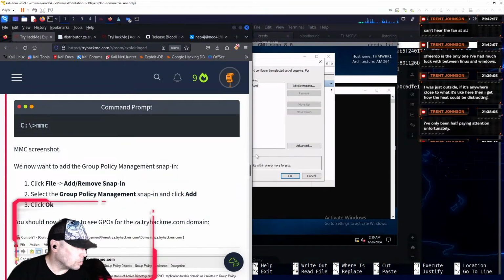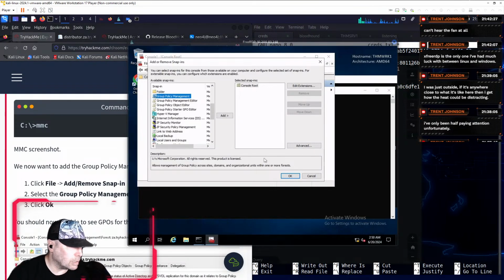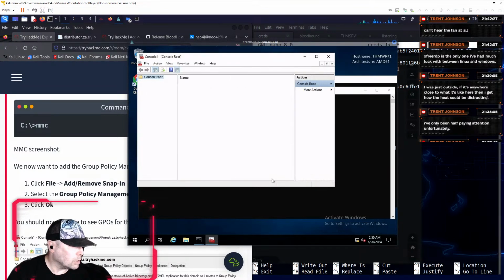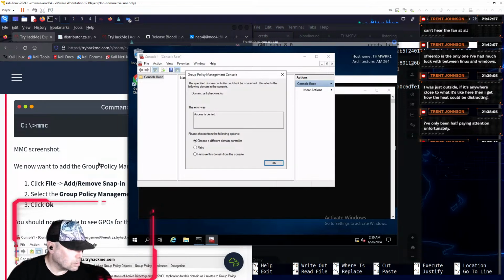Not the Management Editor, just Management, and click Add and click OK. The specified domain controller cannot be contacted. This affects the following domain in the console. There was access is denied. Choose a different domain controller, retry.